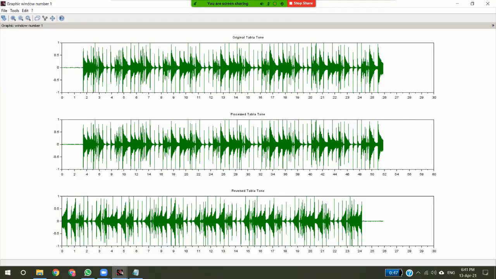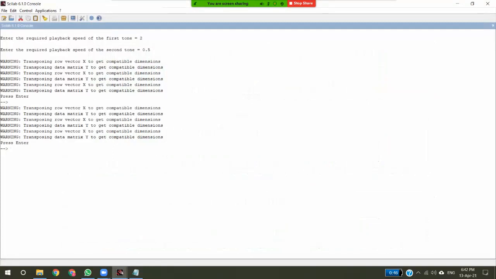After scaling by 0.5, we get a length of approximately 52 seconds. So the sound will play at a slower rate. And in the third graph, as we can see, the audio was just reversed, meaning there was no change in the playback speed. Here the change is that the audio will be played in reverse. This was all about these two tones.